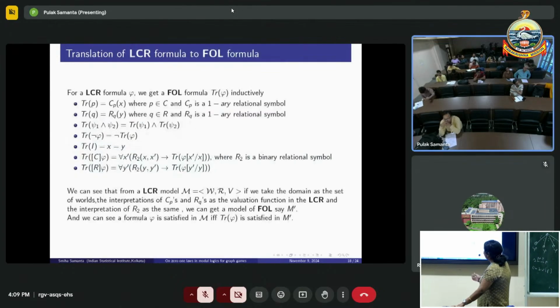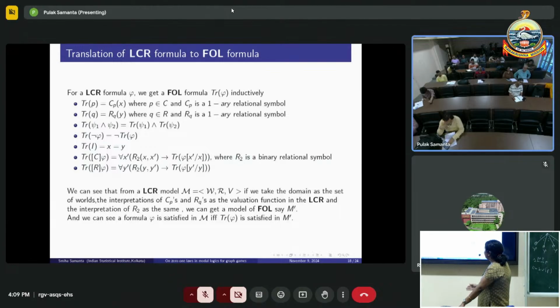We can verify this easily if there is a translation from the logic of cop and robber to a first-order logic formula, which is as follows: for any propositional variable we take a unary relational symbol, and for conjunction and negation it follows, and for I the formula will be x equal to y, and for box C it is as follows. Similarly, as we have seen in modal logic,